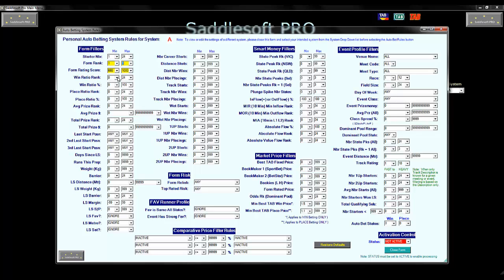Win ratio rank is a ranking based on win ratio, so the top ranked has won the most, so basically it's got the highest win ratio. You can either pick a rank or a win ratio percentage, and the same applies for place ratio, and also the same concept with average prize rank, except rather than a ratio, you've got an average prize amount that you can key in here. So you might find in the higher class races that a runner might have 14,000 in